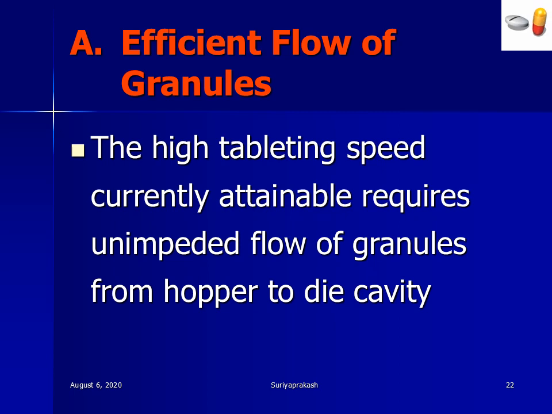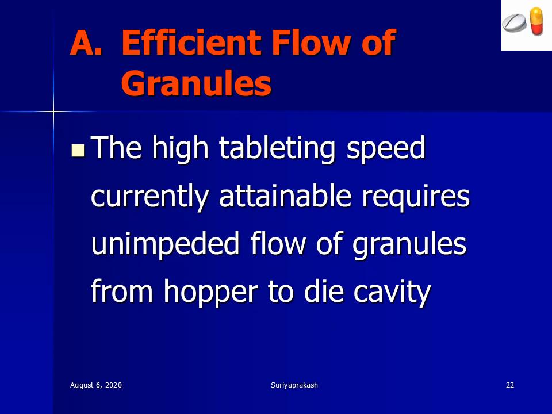You have to remember, the die cavities are rotating at a very high speed, so within a split second the granules have to fill into the die cavity. For example, the die cavity should be filled with 600 milligram. Within a flash of a second, 600 milligram should fall into the die cavities and it will move. For that to happen, the granules should flow very smoothly, very freely into the die cavities. If it flows very smoothly, then the output will also be uniform.